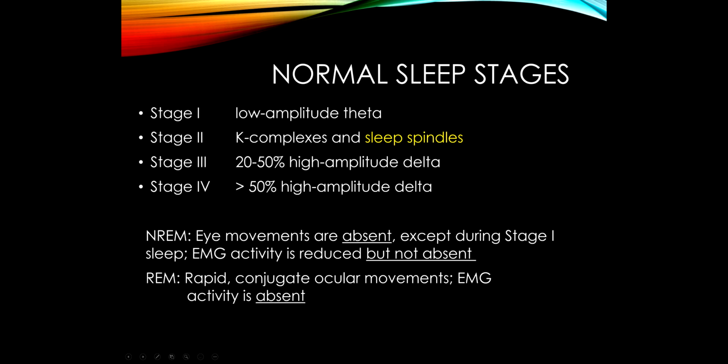Okay, and during non-REM sleep, we have no eye movements, except when someone falls asleep. If you've ever watched someone fall asleep, their eyes roll back and forth slowly during that initial transition to sleep, and so that is part of stage 1. But otherwise, we don't see any eye movement activity. Okay, and when someone's asleep during any of these stages, they may move a little bit, but it's reduced, clearly. But the key thing here is it's not absent. There's a little bit of muscle movement.